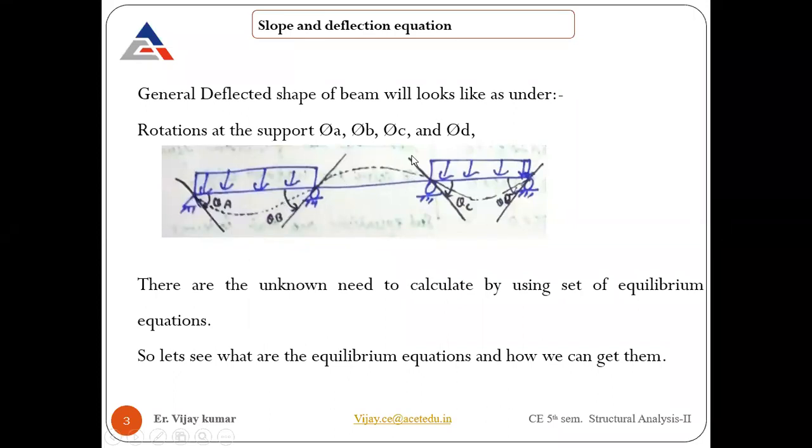If you want to calculate rotations, these are the spot rotations, theta A. Here, because there is no fixed spot, it means the rotation will take place. Obviously, there will be a slope at the spots. So theta A, theta B, theta C, and theta D. Once you draw the tangent line to this elastic curve or deflected shape, you will find that a slope has taken place, and that slope at point A is considered to be theta A. At B, this slope is considered to be theta B, at C it's considered to be theta C, fine, and at D it's theta D.